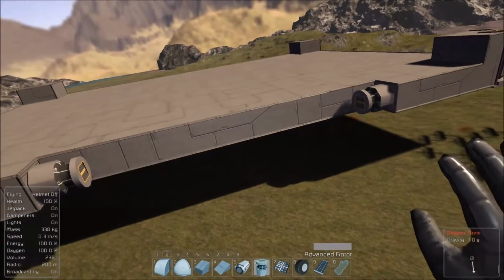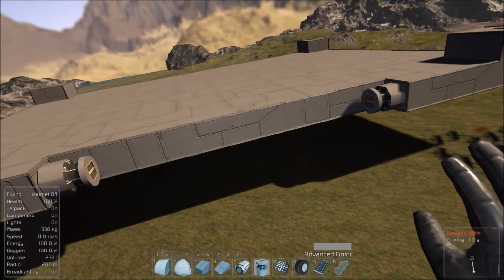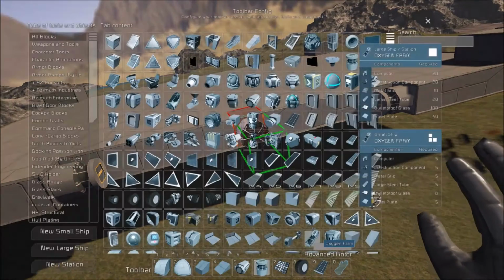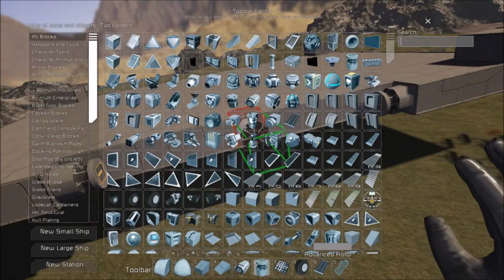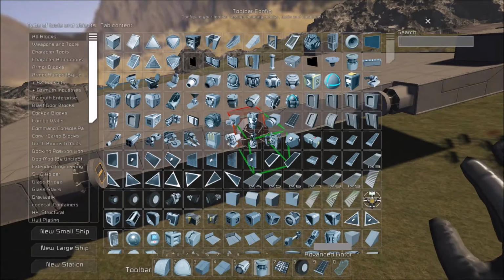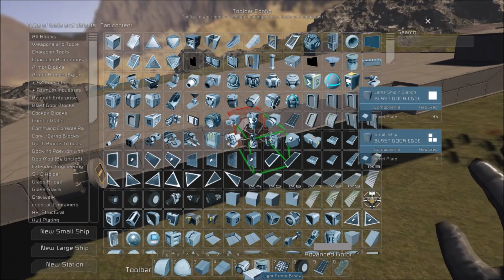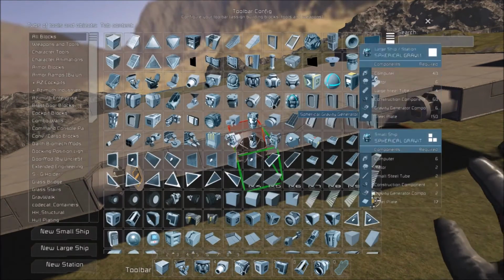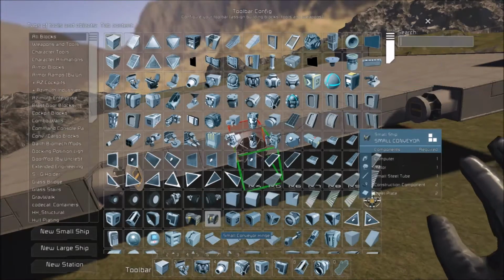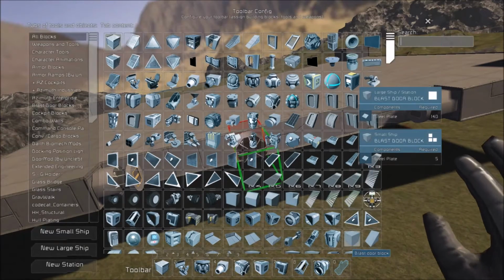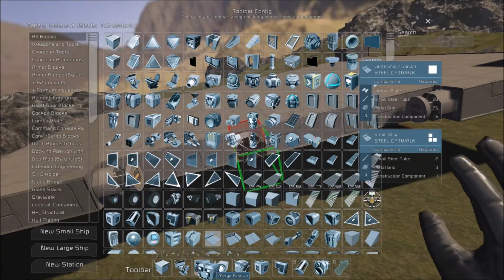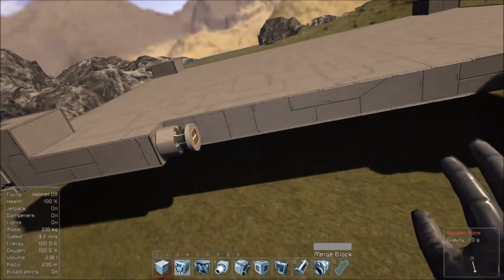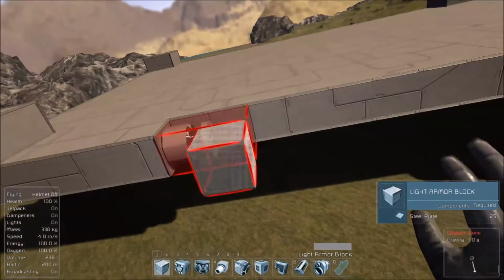So what we're going to need to do is connect these two, because those rotor pieces are now different ships, not even stations. So actually we don't need that, we need to go here. So what you're going to end up needing is a merge block, which is nowhere to be found except for right there on our tooltip. Alright, so what you end up doing